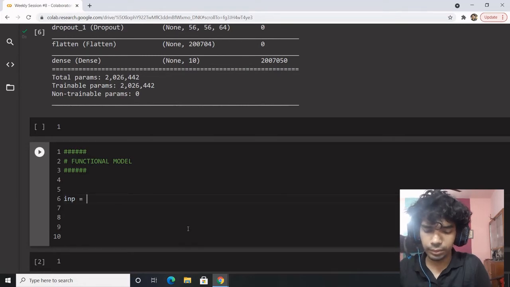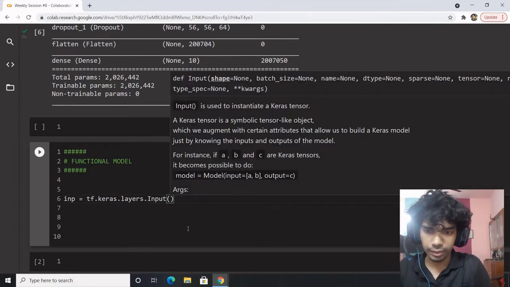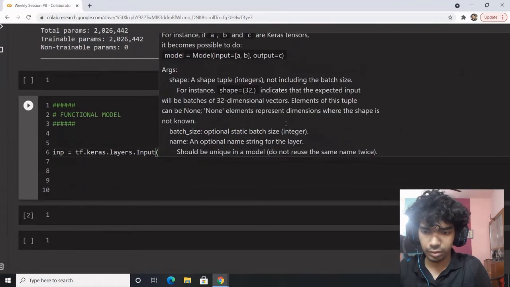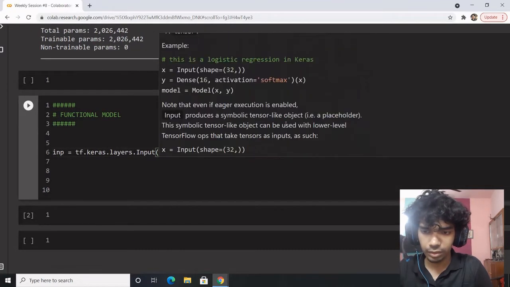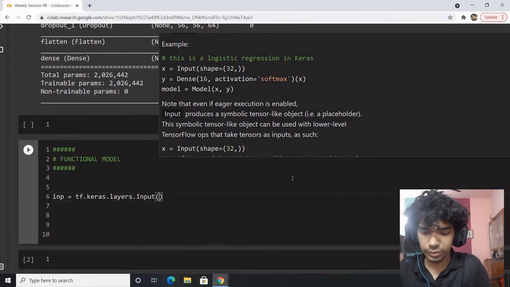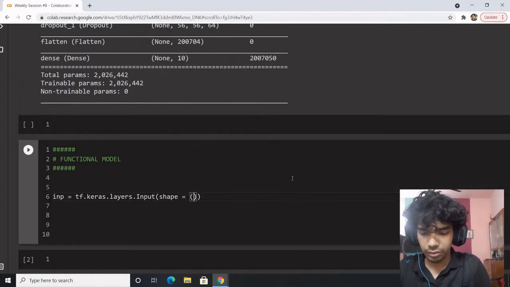So input would be equal to tf.keras.layers.Input, with shape equal to 224, 224, 3.